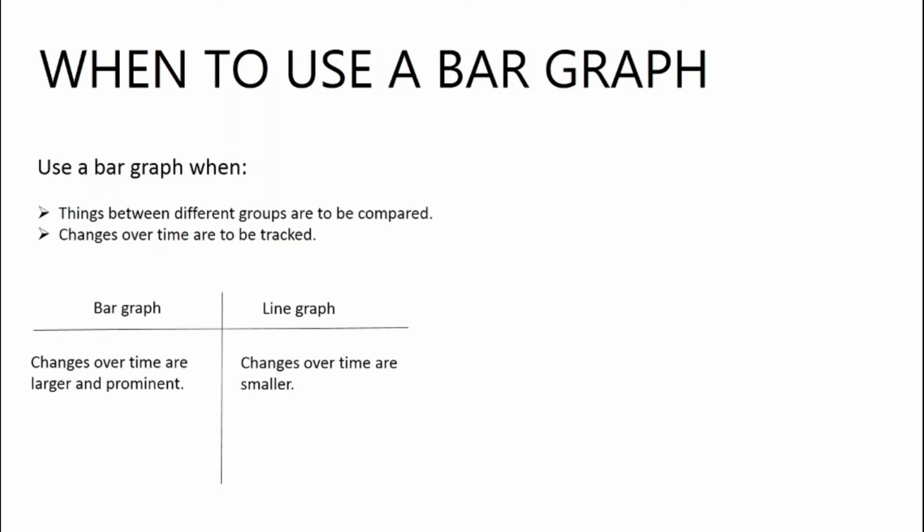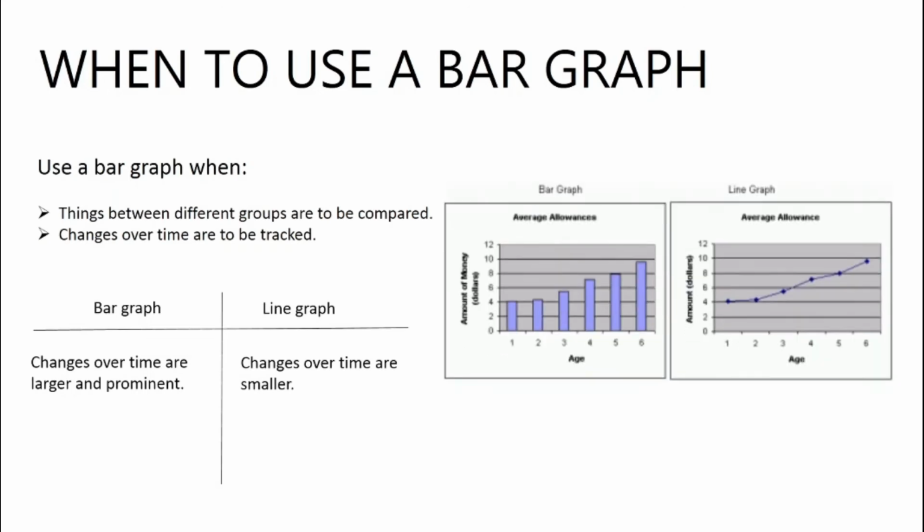We have looked at the line graph as well in the previous videos. So when to use a line graph and when to use a bar graph, one may ask. There's a very basic difference. A bar graph is essentially more versatile than a line graph, but a bar graph is used when changes over time are larger and prominent, whereas a line graph is used when changes over time are smaller. It is very clear with this example that when categories 1 and 2 are compared, a bar graph does not provide as good an insight as a line graph because the change is really small. So that is when you use a line graph.